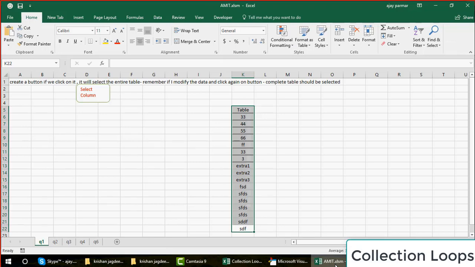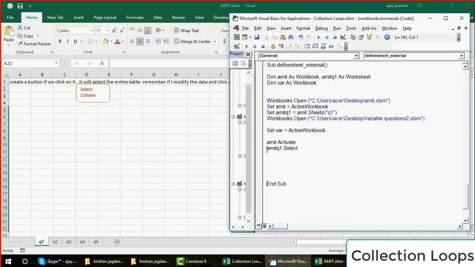Look at this. This is so powerful. Without going there, you're doing so many things. You're just selecting that file. How is it possible? It is possible because you have already said that Amit Q1 is coming from Amit.sheets, and Amit is what? Amit is your active workbook. So when you write Amit Q1.select, it goes there and selects the sheet without changing the window.